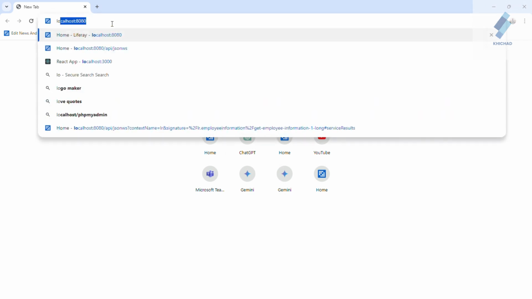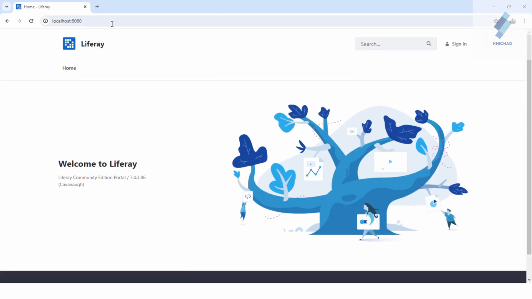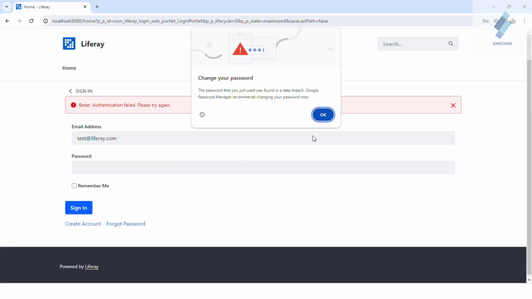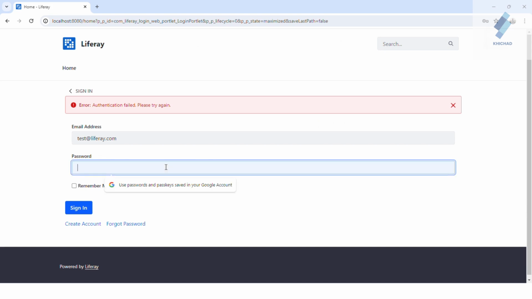Hit the URL localhost:8080. First we need to log in to the Liferay portal. Click on sign in, and use the password.